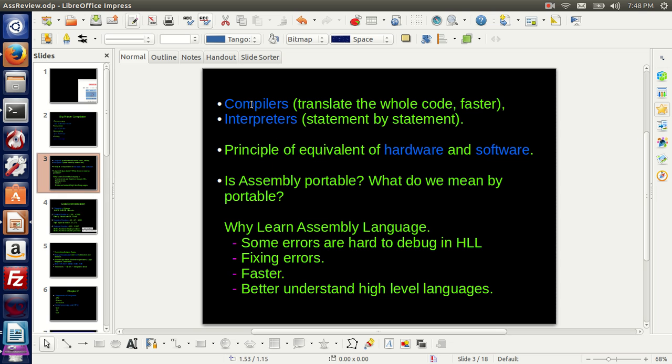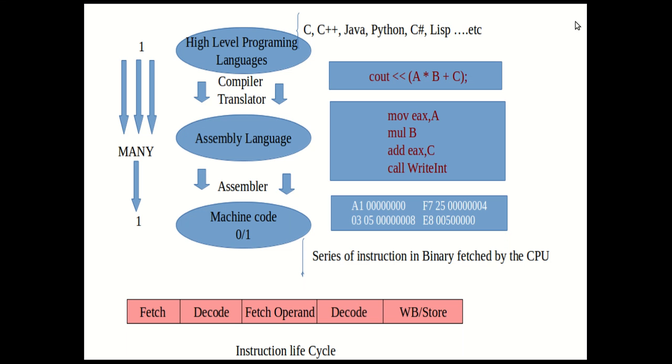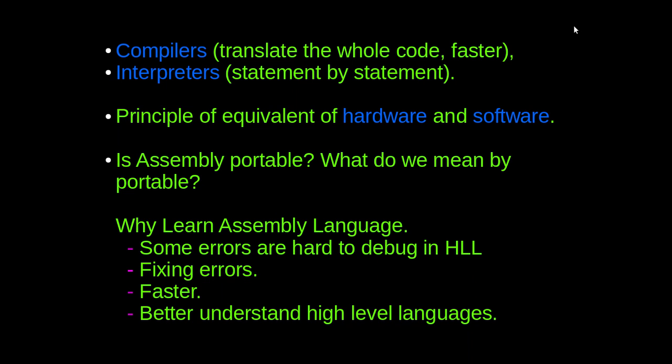Now let's see. Compilers. We have two types. We have compilers, which translate the whole code. They take the whole code as one piece and translate it to assembly, and then translate it to machine code. We have interpreters, which are the same as compilers, but they take statement or instruction by instruction. They take the first instruction, translate it, and convert it to assembly language, and then